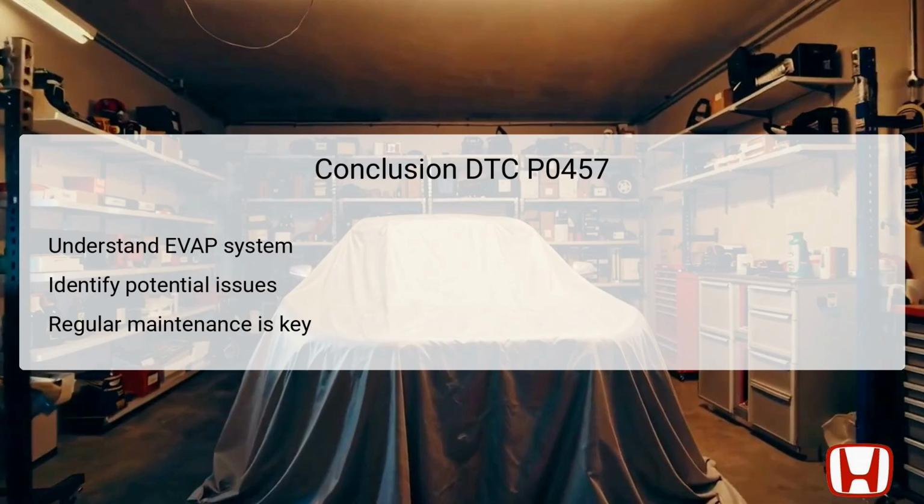By regularly maintaining components, such as the fuel fill cap, and conducting routine checks, drivers can mitigate the likelihood of encountering this code. Proper troubleshooting steps, from examining the cap to conducting functional tests with the HDS, provide an effective framework for quickly isolating and resolving issues relating to the P0457 code. Overall, awareness and proactive measures will ensure continued vehicle reliability and environmental